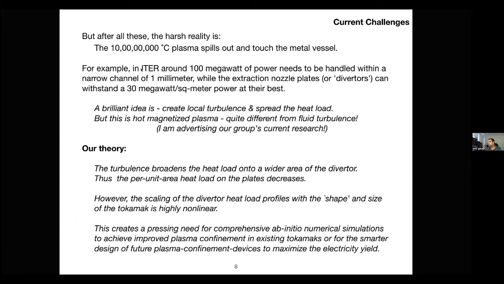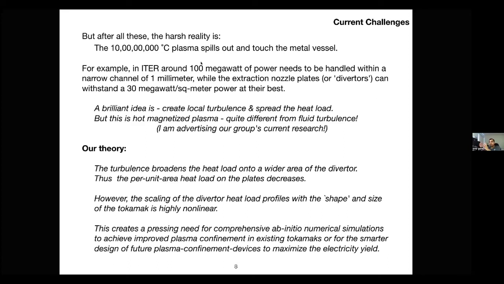ITER, probably most of you know, but still, it's an international collaboration happening in southern France. It's a big tokamak, the world's biggest tokamak that's being built with a lot of budget. You can just check out the numbers. It is supposed to generate 100 megawatt of power. Sorry, in this, it's pretty big. In this heater,